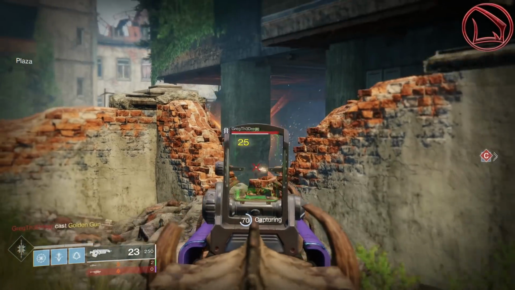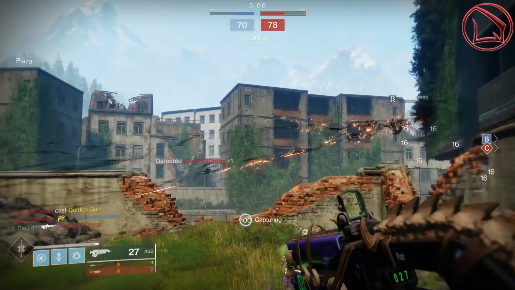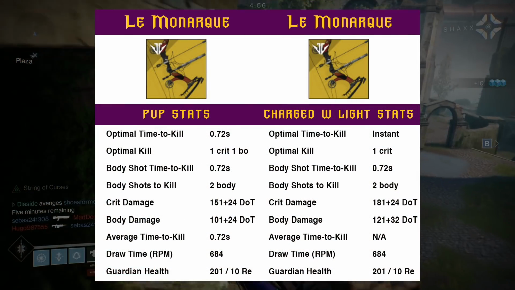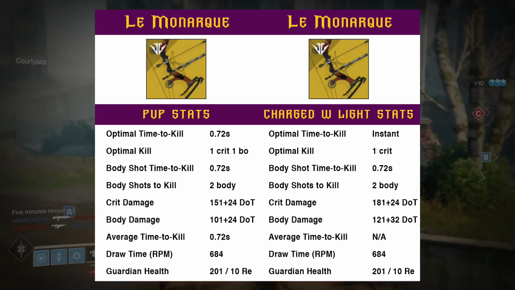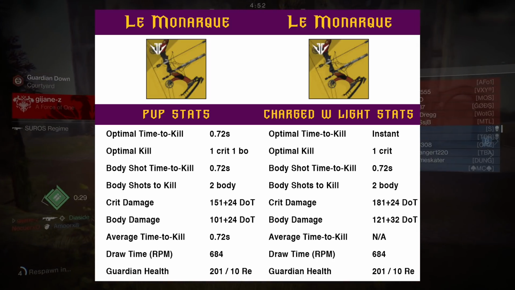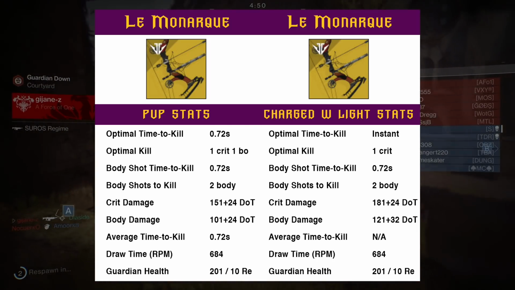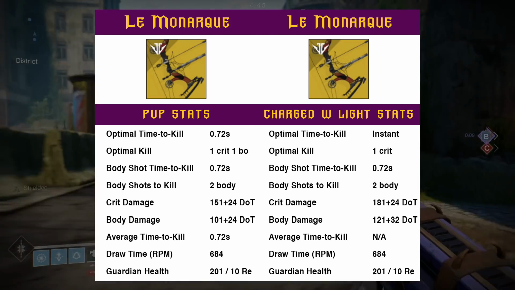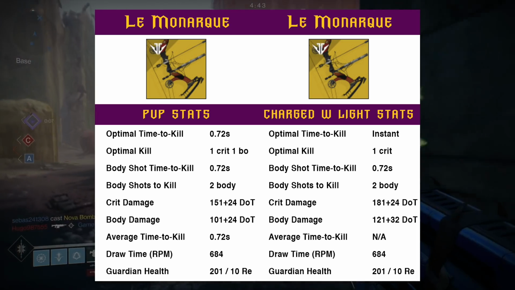Now I know I said a lot of numbers in a very short amount of time, so I just want to put everything that I've just said right there on screen. As you inspect this, the only other thing that I want you to take away from this is really just to simply notice the damage output, or rather damage over time effect, for having charged with light in the body shot damage. Here you're going to see 32 instead of 24,